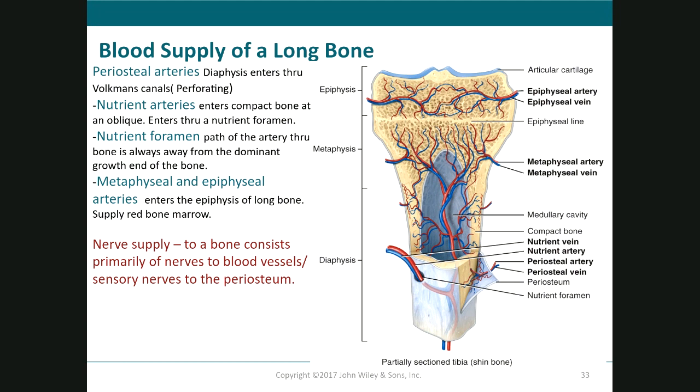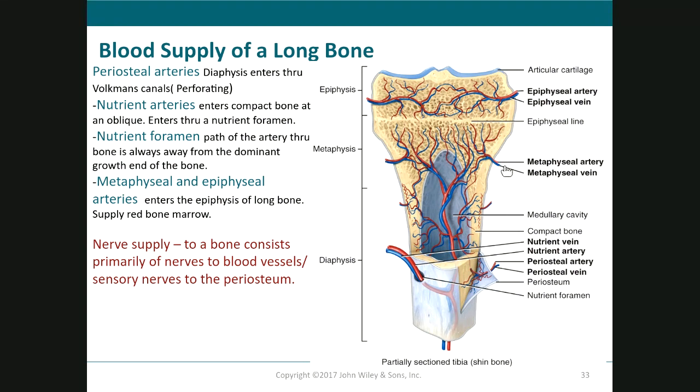Of bones containing red bone marrow have an especially rich supply of blood vessels. So blood vessels that enter the bone generally enter through different arteries. We have periosteal arteries, nutrient arteries that enter via the nutrient foramina, metaphyseal arteries in the metaphysis, and the epiphyseal